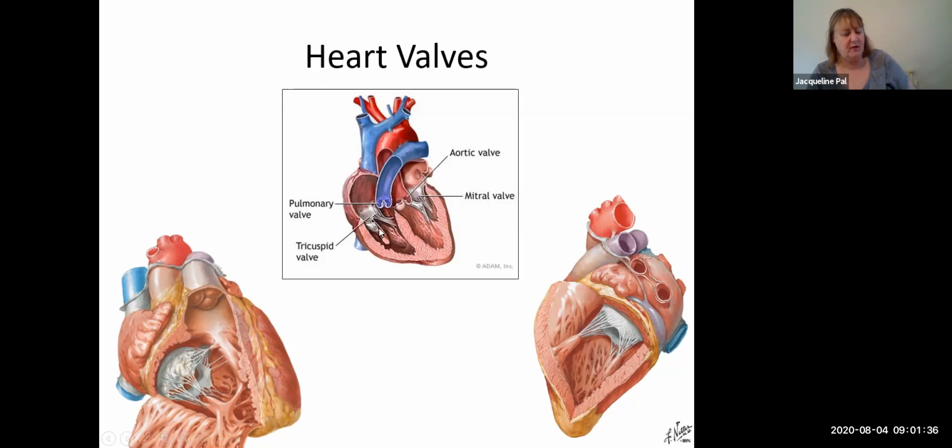Now, if you took an anatomy course in high school, you may have learned them as the right and left atrioventricular valves, but they have actual names. The one on the right, as demonstrated here in the right lower quadrant, is called the tricuspid valve because it has like 3 of these flaps coming down. And the one on the left side of the heart has 2,